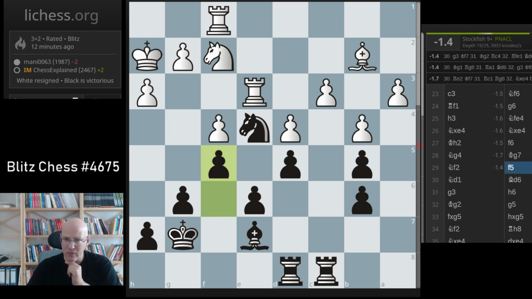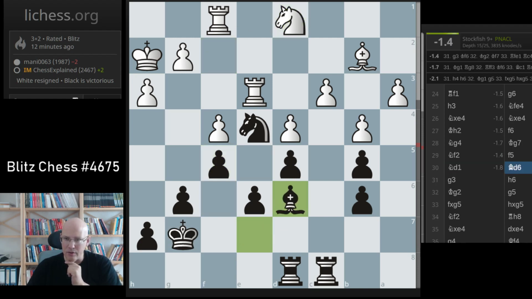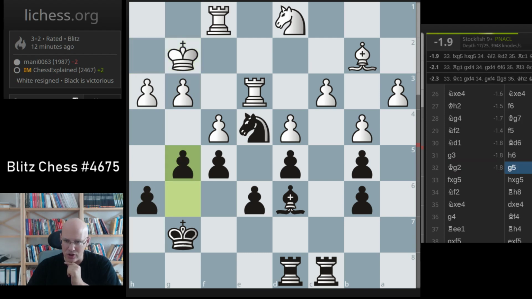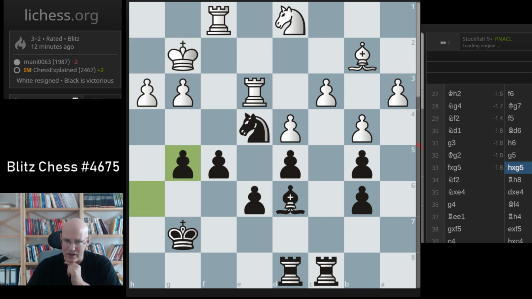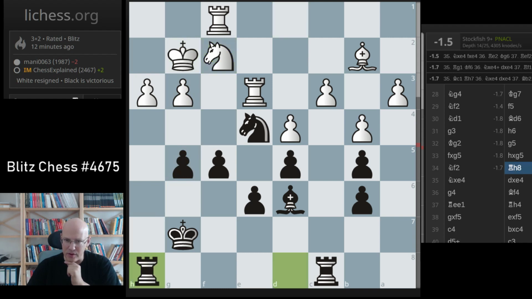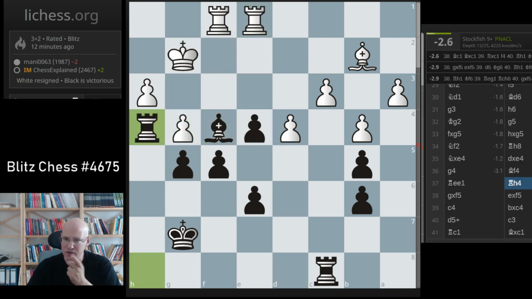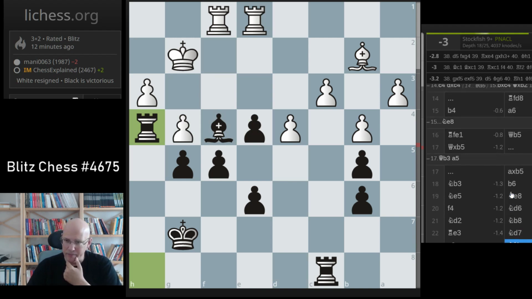What can you do? And now you play h6, g5. It looks like a very straightforward strategic game where white has basically no active possibility. It's not much to say. It's just a very straightforward strategic win. I think